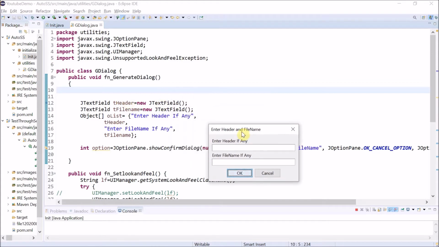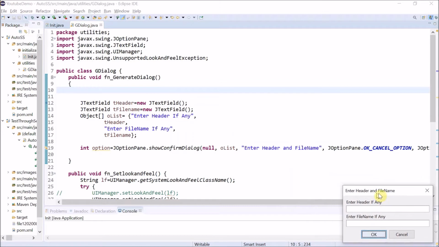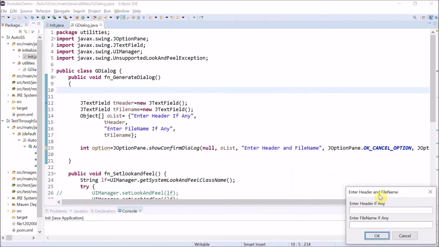So we can keep this pop-up somewhere at the bottom right corner here, because I think this will be more convenient for the user rather than keeping it at the center, because it will be quite disturbing for the user, right? So we can keep this pop-up here at the bottom right corner. Now let us see how we can do it.